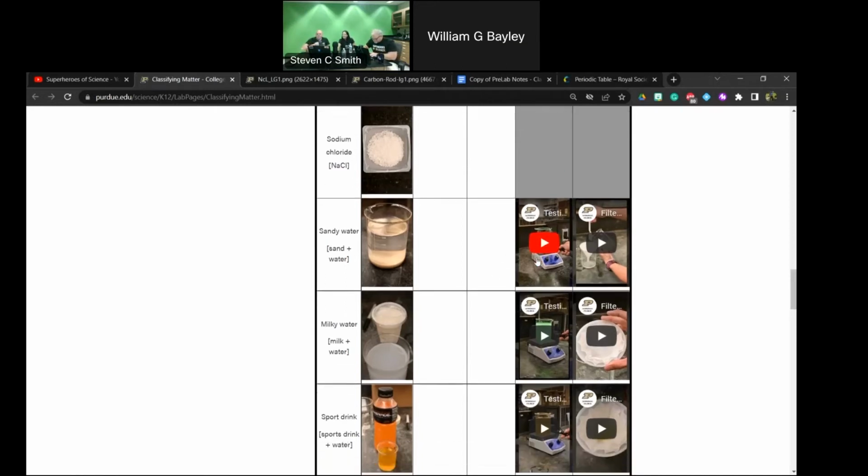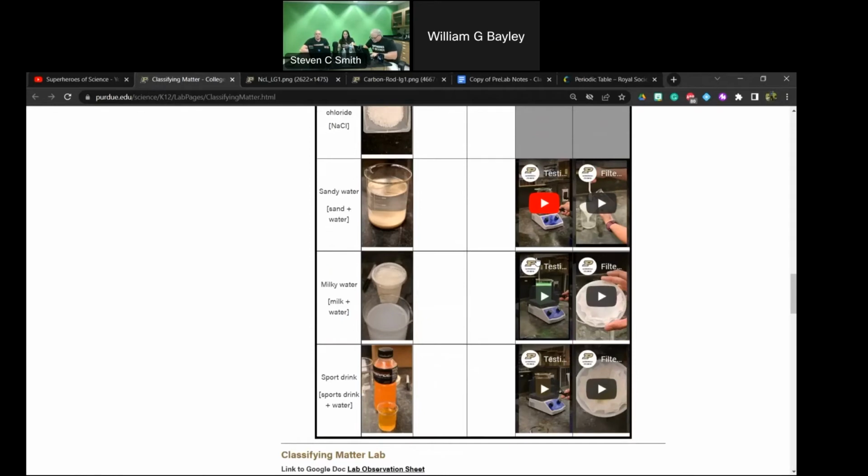So the next thing we're going to do is apply our test for the Tyndall effect. Stephen is a genius, and he has formatted these so that they just play right on the page, which I love. And I hope this loads. I think this should load fairly quickly. I'm not a web person, but boy, have I learned a lot about how to do things. You have the option to either play it directly here on the page, so I'll go ahead and do this one. Here's our sand and water. You can also click, and I believe you can bring up the full screen on the YouTube video.